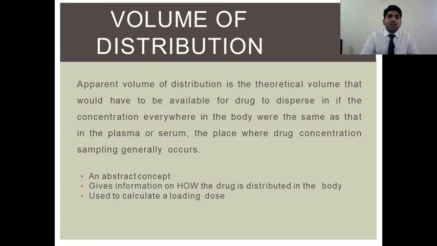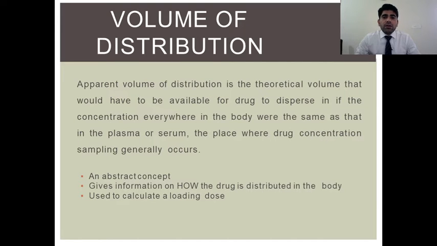Now we'll discuss in detail the volume of distribution, which is represented by VD. Actually, volume of distribution is the apparent volume of distribution, which is basically a theoretical volume. Got it? It may not be real, because I'll explain in the next few slides. It is a theoretical volume that would have to be available for the drug to disperse in, if the concentration everywhere in the body were the same as that in the plasma or serum, the place where drug concentration sampling generally occurs. For example,